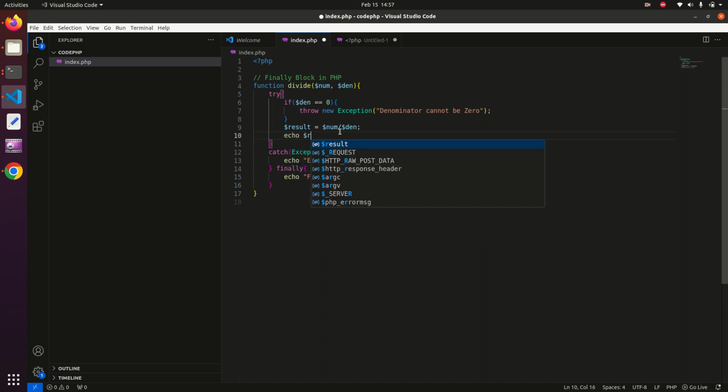Echo $result, and let me concatenate a string here: Result is, and here we will put a dot. Result is this. So let me call this function. First we will see how the code executes without any type of exception. So divide, I will be dividing 10 by 2,